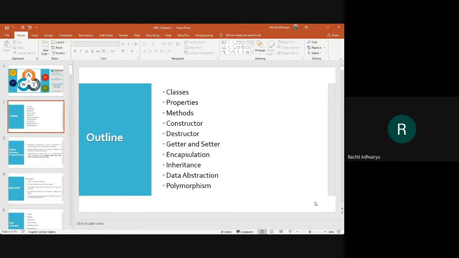This question will be asked for 3 marks or 4 marks, minimum 5, maximum 7 to 8. Anyone can give me the answer?